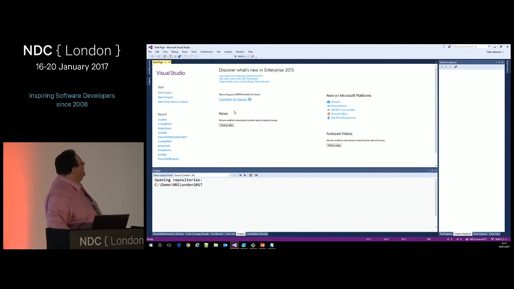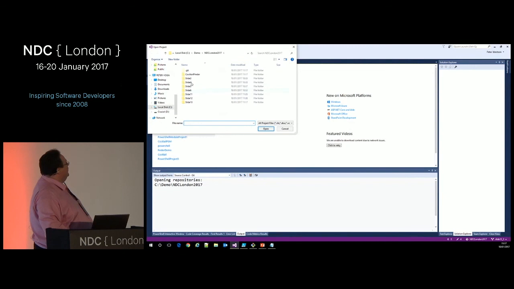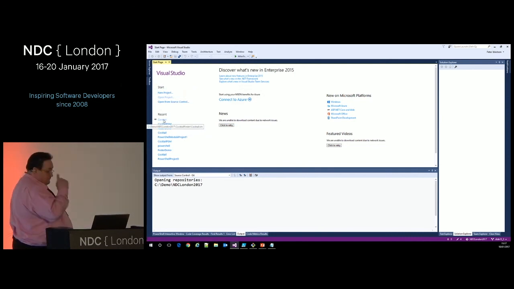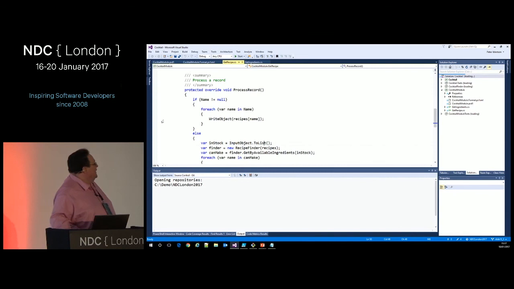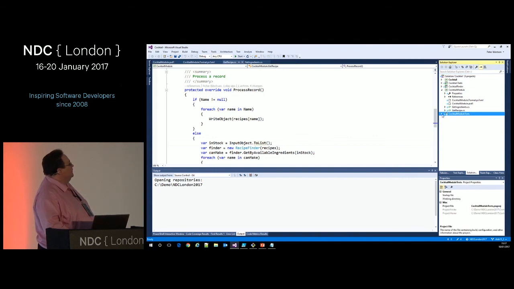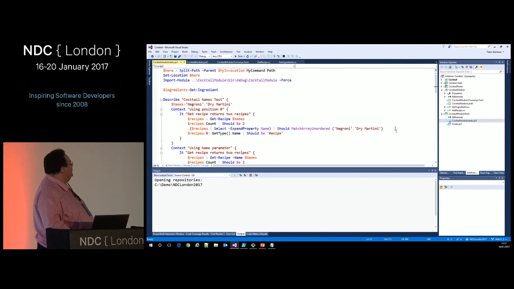Gotcha. Right. I'm going to reopen that project because I've just changed a load of stuff underneath its feet, and I've had some really weird effects when I've been doing this in the past. So let me just open that up again. I've got some tests for that. I've put a testing module in over here. And when it finally decides to open, I've got some tests over here that are doing all of